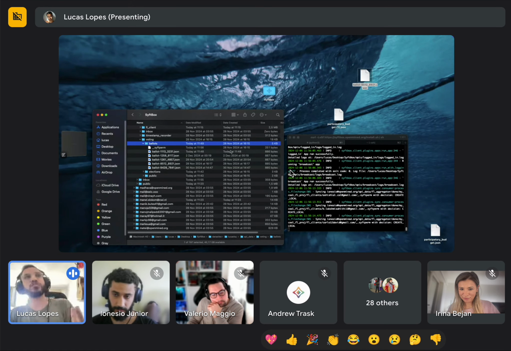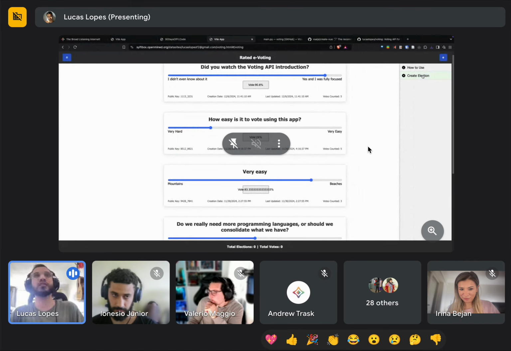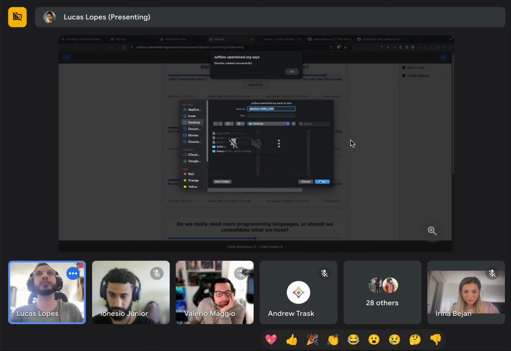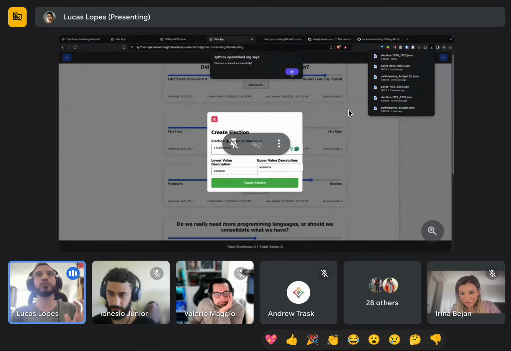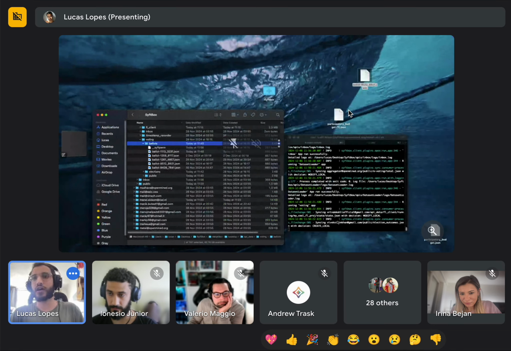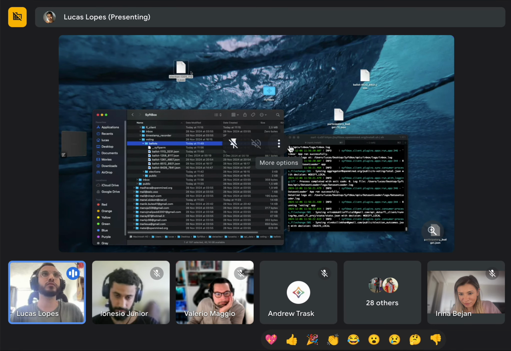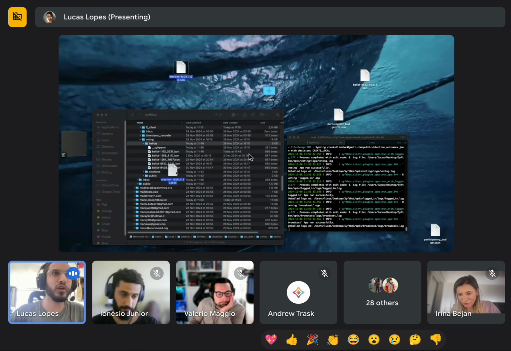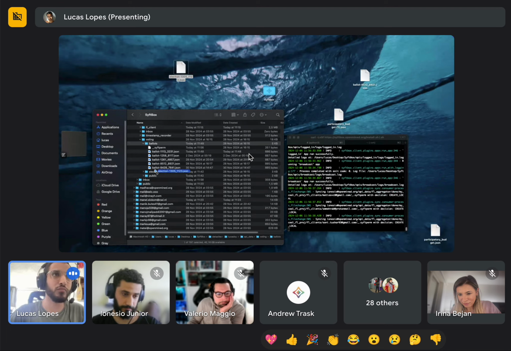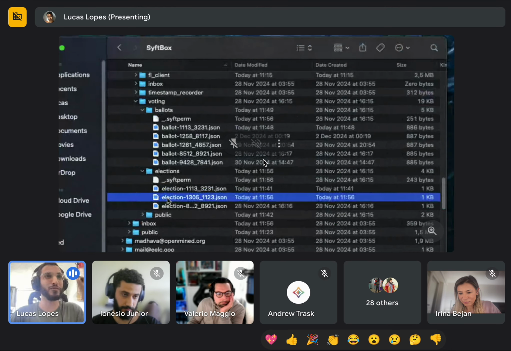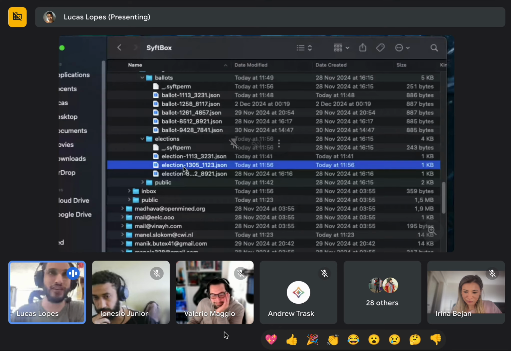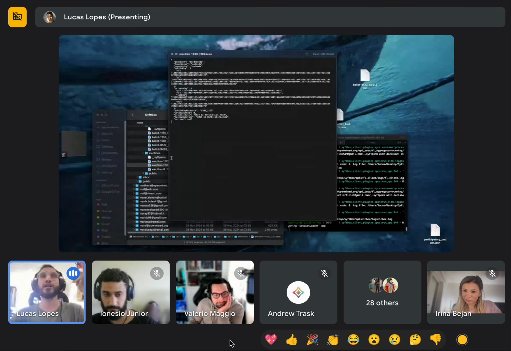And if it's an election, let's suppose that you create an election here, I'm going to put everything in quickly. I'm going to download it. Successfully downloaded, okay. Back here, I have my new election, this file. And I'm just going to send it to the elections, not public. Do not send to the public folder. In the public folder, you cannot have the private key, and in elections, you have the private key.